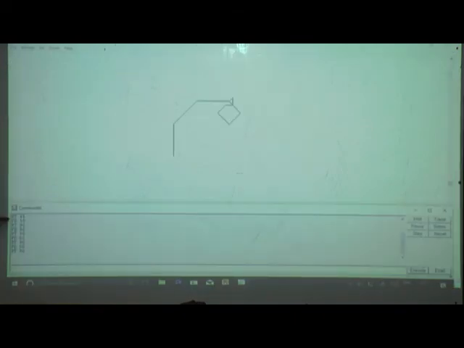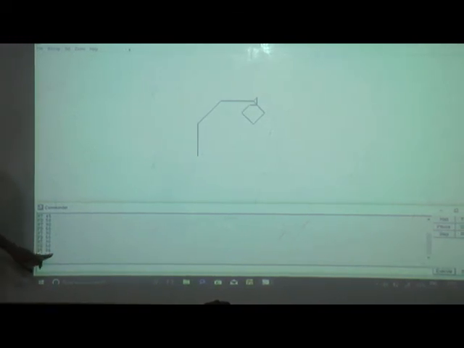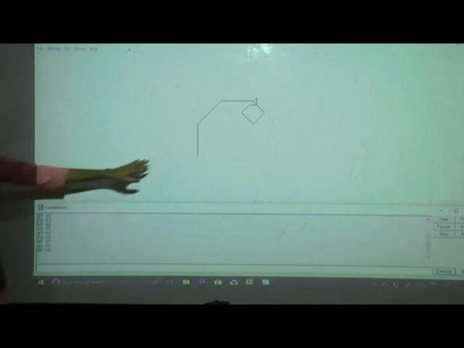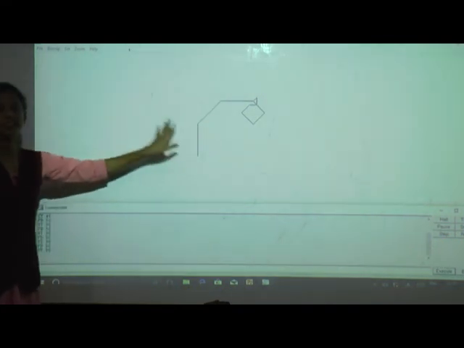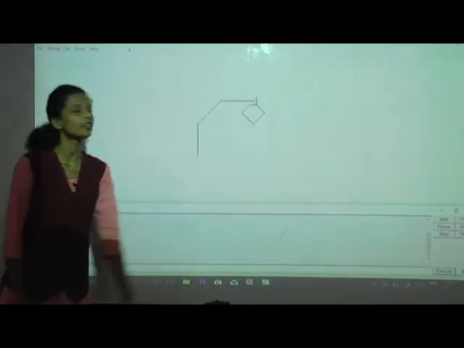I wrote here first one: RT 45 FD 50 RT 90 FD 50 RT 90 FD 50 RT 90 FD 50 RT 90. See this, is it correct in your book or what? Then when we pass this command, this type of output will come in the graphic window. This, like a diamond.